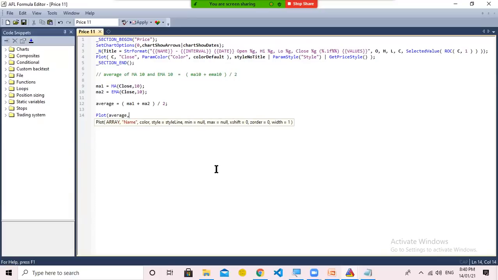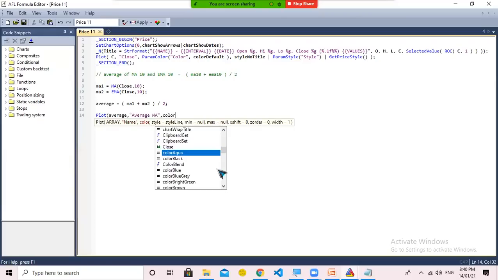So name can be anything, which should start from double quotes. So I give it a name called AVER, average MA. Again, double quotes, comma, color.